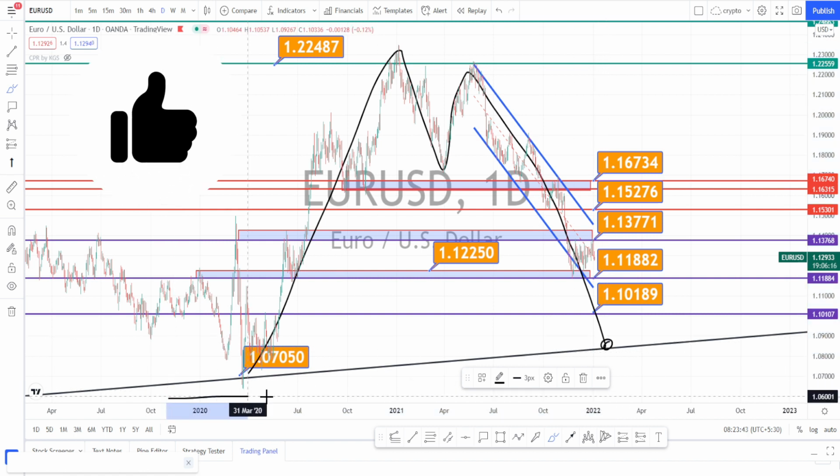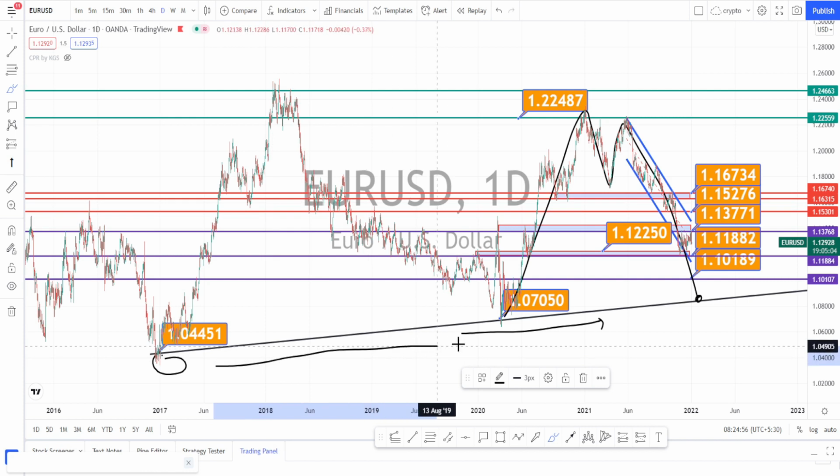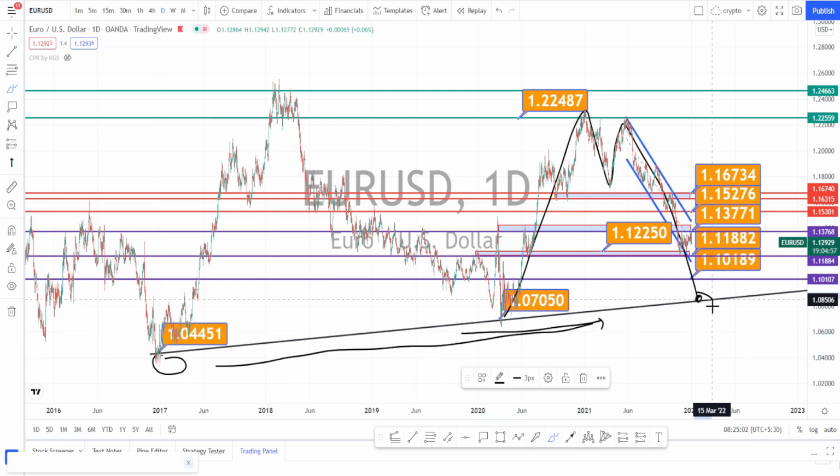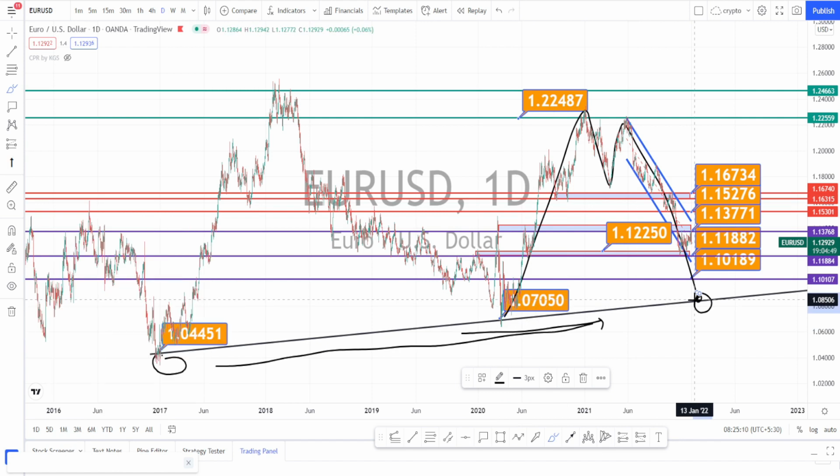So it was in a very nice bullish trend, and when we notice the earlier price action also, it was on a very nice bullish trend. So I am expecting current price action to take support at this trend line. Overall, the price action is in a very nice bullish trend when we do the analysis from the daily time frame.